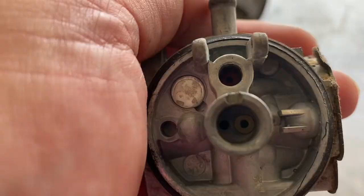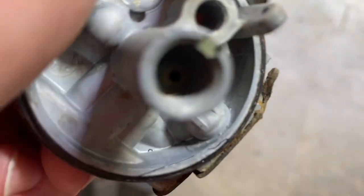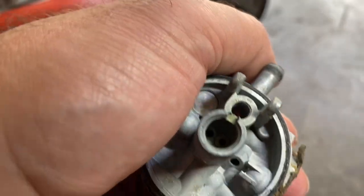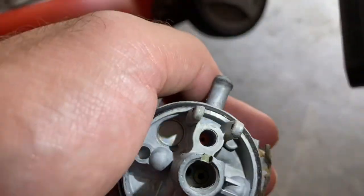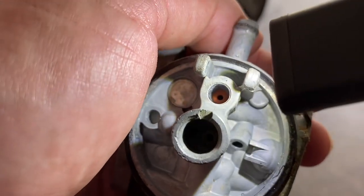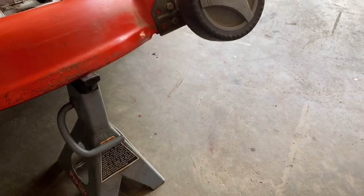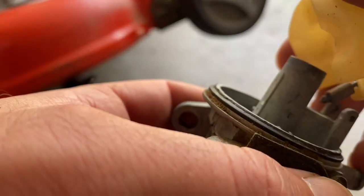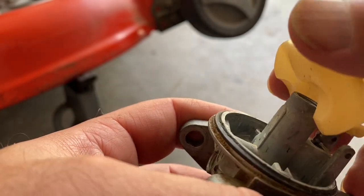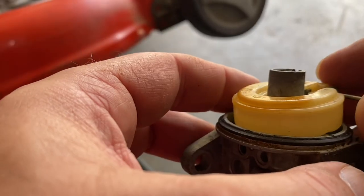I don't know if you can see that. Let me see if you can. Yeah. There, you can kind of see it there. It's in there now. Now we're going to reassemble the carburetor. Hold it like this, after, of course, this has been cleaned as well. Then you put it on like that, and then